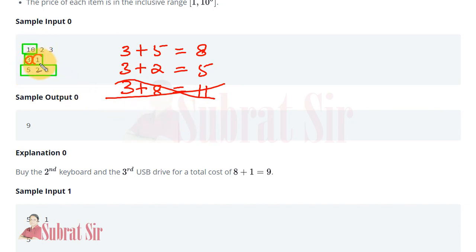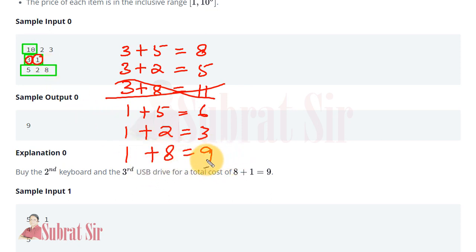Then if we are purchasing a keyboard of 1 rupee and a drive of 5 rupees, it will cost us 6 rupees. If we are purchasing keyboard of 1 rupee and drive of 2 rupees, it will cost us 3 rupees. If we are purchasing a keyboard of 1 rupee and a drive of 8 rupees, it will cost us 9 rupees. Right? And our output should be the maximum value, 9.